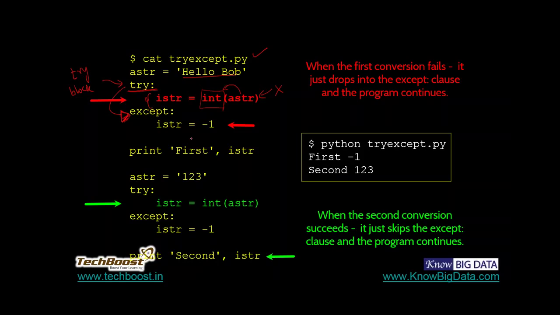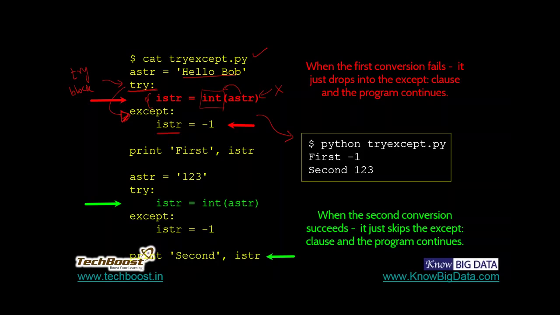And what do we say is, if the error happens, we're trying to reassign this istr to -1 and proceed further. So now you see the program is not going to terminate abruptly, rather it is going to give some sort of output, right? And what you see, the output is here. All right, so now in our case,